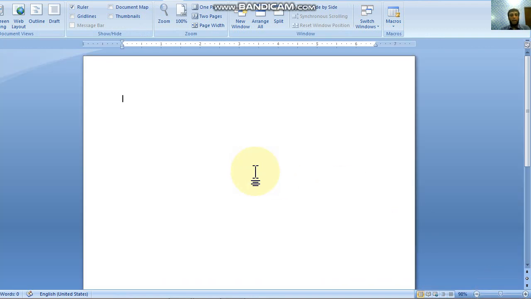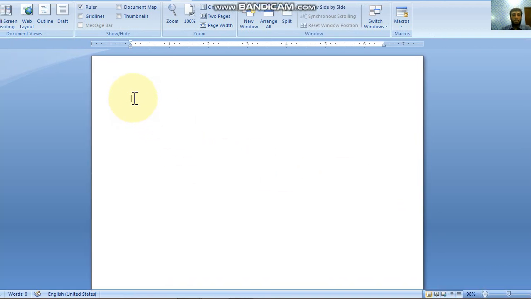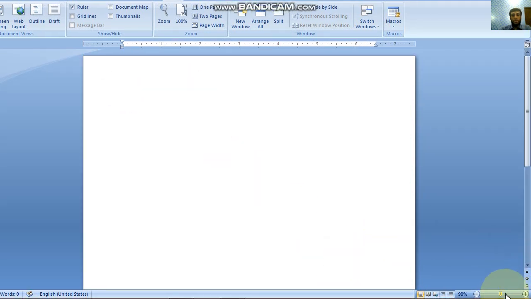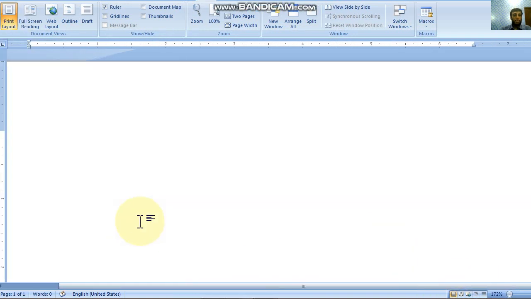So here I'll start. See, this blinking line is showing that this is the cursor. This is the point where we can start typing. So I start typing from here. Good morning.